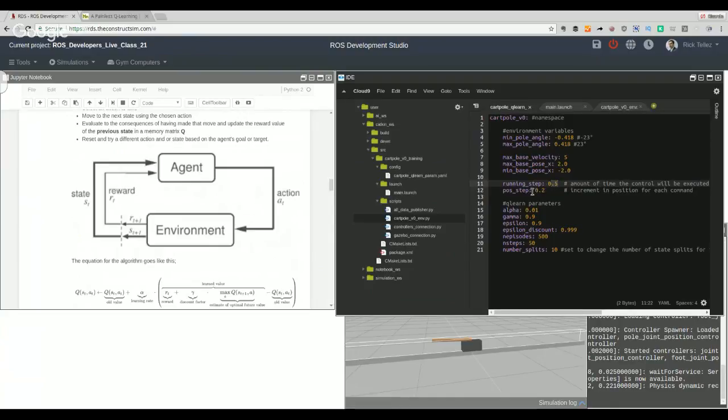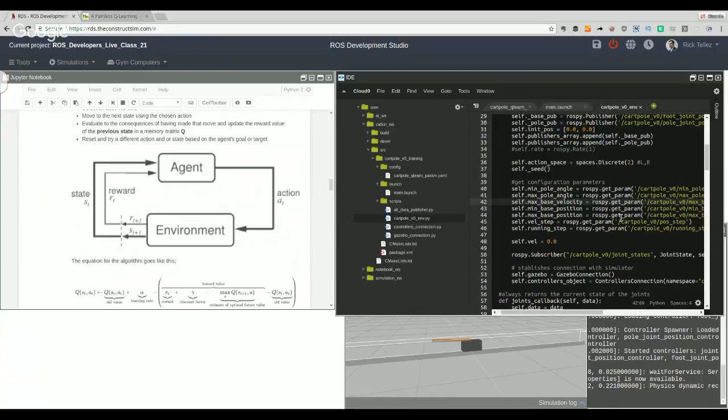And then on each command, what we can do is increment the position on one side or the other, and this is the maximum amount of each command, basically. As you can see, all this affects the environment because it affects how the action will affect the robot. Okay, so those are the parameters that we are getting here inside the